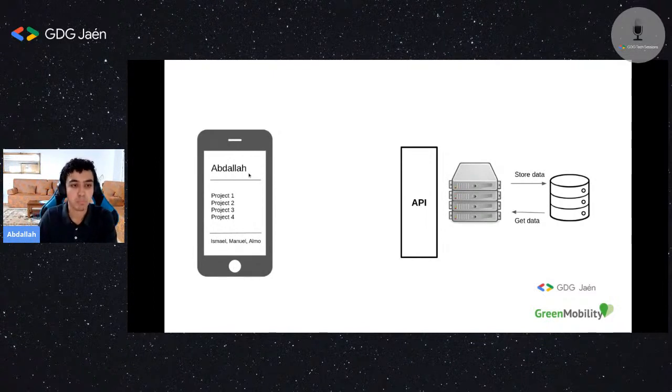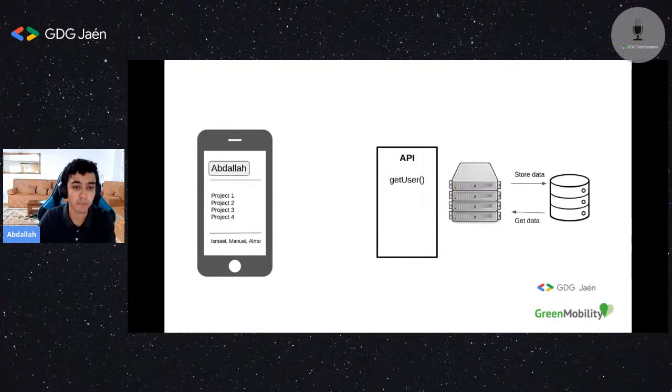So let's say, first of all, instead of dumping the whole data, we're going to save the data one by one. So we're going to save the user in one place, the projects in another place, and the followers in another place. And a request, if we wanted to get the user, would look like this. We would construct a new verb into our language, which is the API, and the verb is getUser. So the client could make a request just like this,